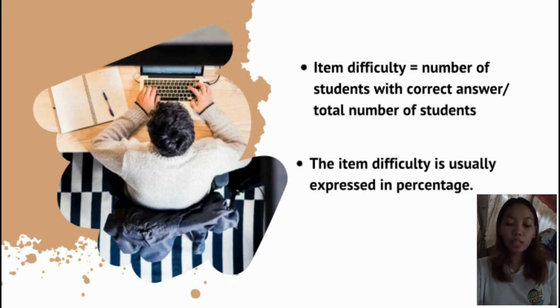Here, the total number of students is 100, hence the item's difficulty index is 75 over 100, or 75%. One problem with this type of difficulty index is that it may not indicate